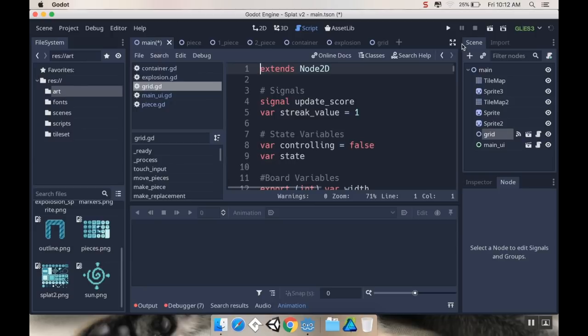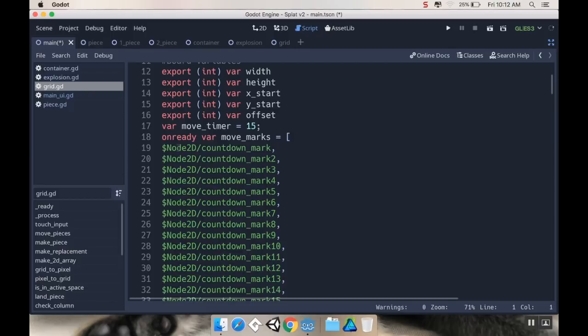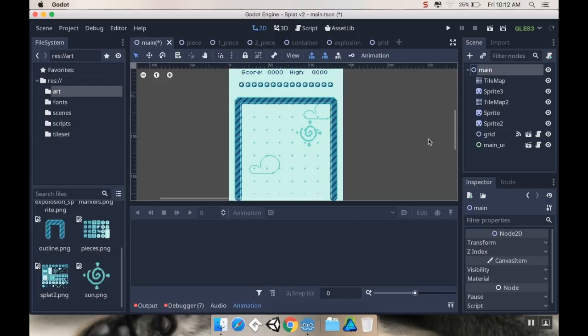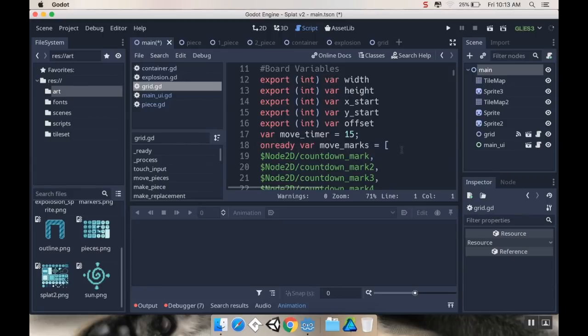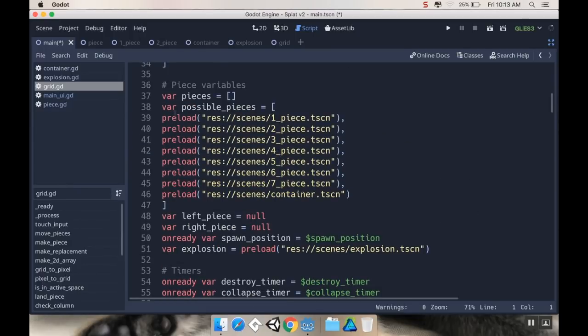The only thing that I really found kind of hard to work with is when I was making 2 different arrays. Making those 2 arrays in Godot was a little weird. First, I made an array of the movement marks, which are these. And if I were making this array in Unity, it would be really easy just to say move marks is equal to an empty array, and then make it public, and then set the array in the inspector. The other thing is, when I'm making an array of the possible pieces I could load into the scene, it would have been really easy for me in Unity to just say that this is an empty array, make it public, and then load in those